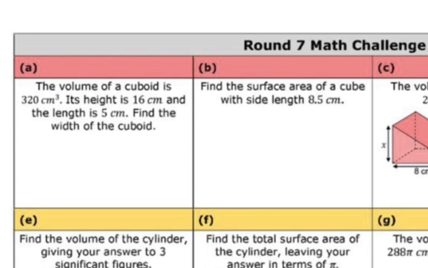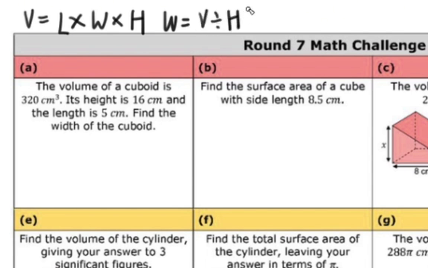Question 1. The volume of a cuboid is 320 cm cubed. Its height is 16 cm and the length is 5 cm. Find the width of the cuboid. So, to find the volume, it would be length multiplied with the width and multiplied with the height. So, to find the width of the cuboid, it would be width equals volume divided by height divided by